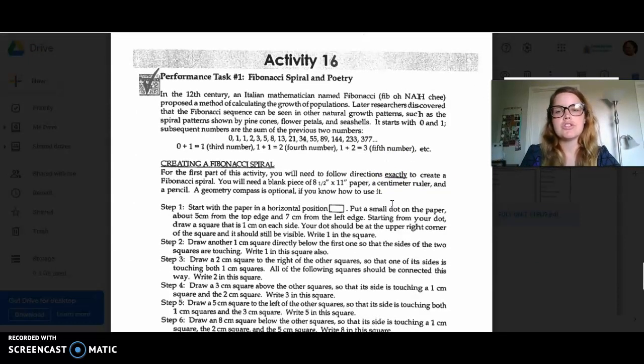So first things first, Performance Task 1. We look at the Fibonacci spiral in poetry. So in the 12th century, Fibonacci found the Fibonacci sequence, and it just kind of shows that the spiral patterns formed by pine cones, petal flowers, and seashells all have the same type of rate of growth. So it's always,